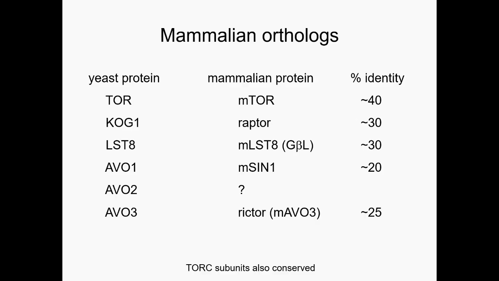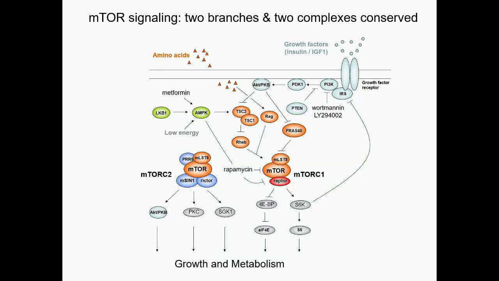And when we looked in this partial mammalian genome, we found some proteins which had some identity with all the proteins we'd previously identified as making up these two complexes in yeast. So this then suggested the two complexes might be conserved all the way to human. We did the experiments to test that notion, and indeed we found that the two complexes are conserved all the way from yeast to human.